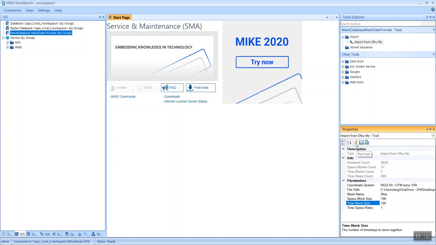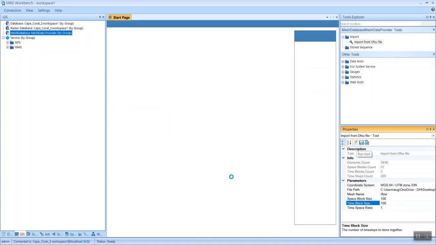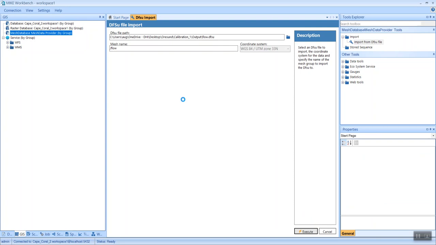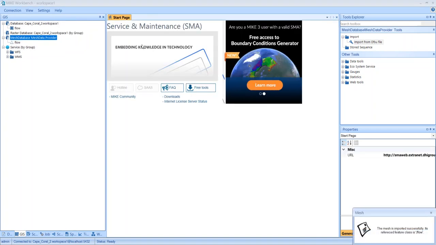So the next step is to click on the Run tool, and you will have a window opening that will tell you what file is being read and where it will be stored. By clicking Execute, we will see that two different files are created. That can take a few seconds or a few minutes to import depending on the size of the file. And again, the file is being broken down in different blocks, right? So there is a little bit of pre-processing done during that step.